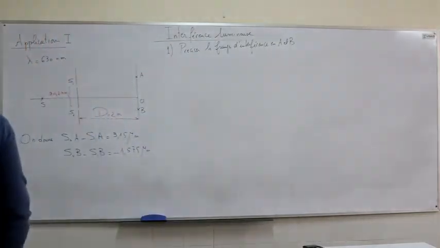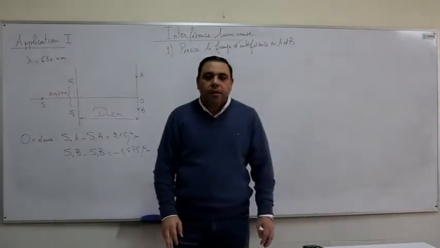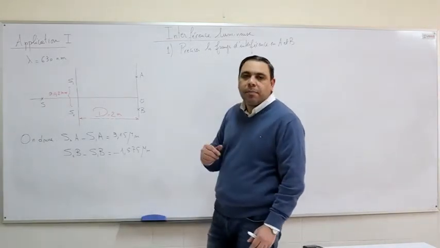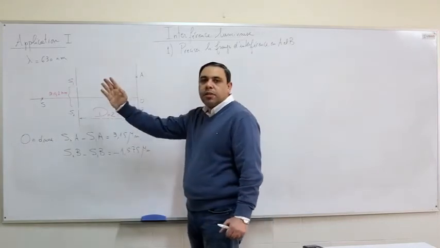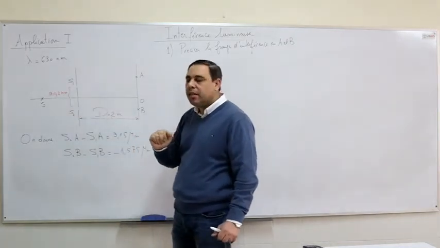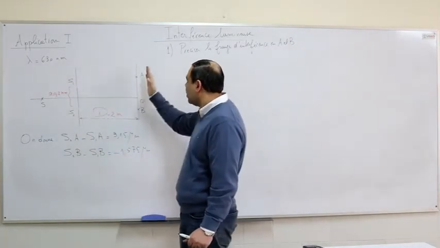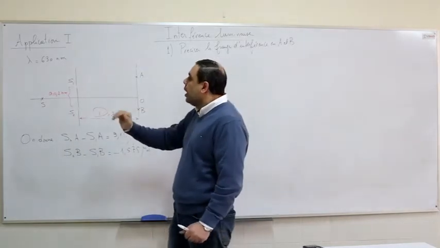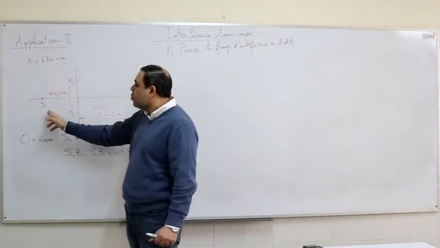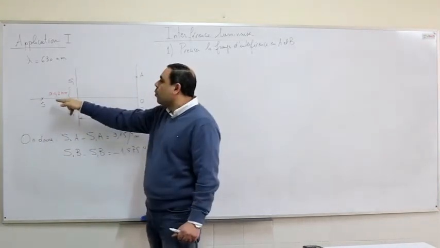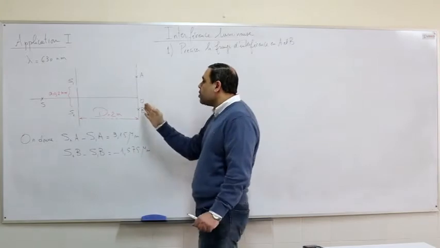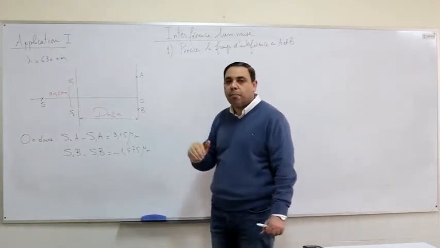Now we're going to solve an application on the previous ideas. Consider Young's setup. The distance between the two slits is 0.2 millimeters. The distance between the plane of the slits and the observation screen is 2 meters. The radiation we are using has a wavelength of 630 nanometers. The source S is found on the perpendicular bisector of S1 and S2. This means that SS1 equals SS2. We have 2 points on the observation screen on both sides from O,